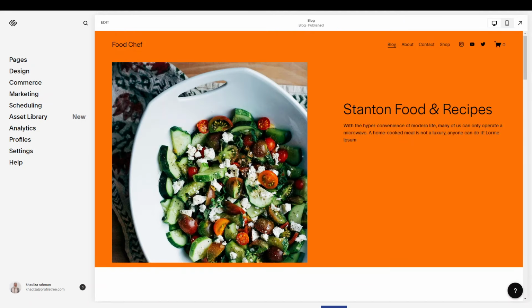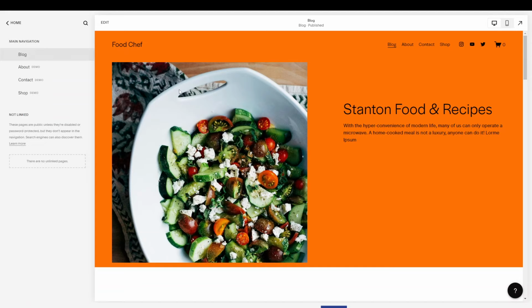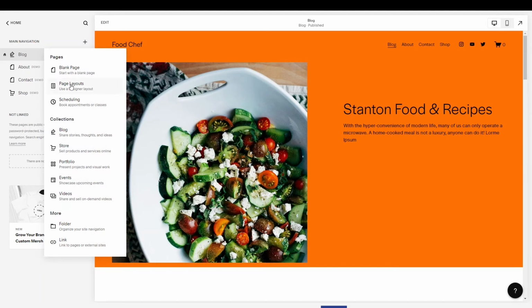Another thing you can do is add all of your pages. So if you click on pages here, all of the pages have been added. So you've got blog, about, contact, but maybe you want another page as well, maybe for meet the team. So what you would do is click on the plus, and you can either create a blank page, or you